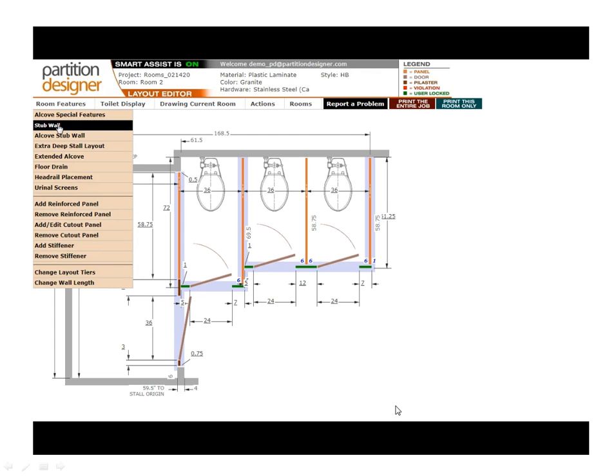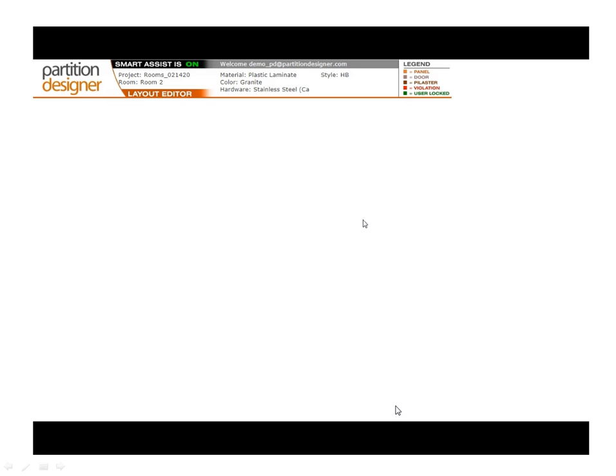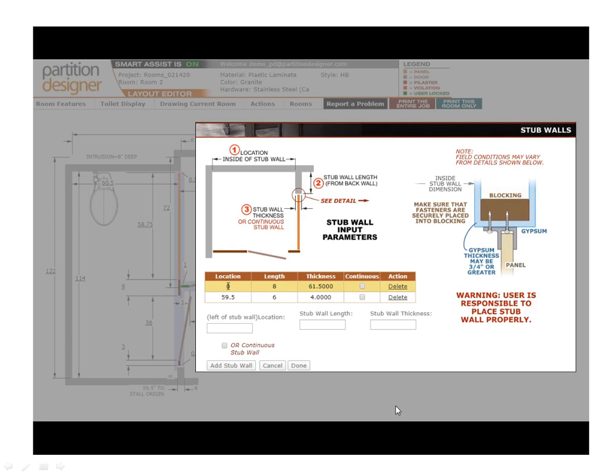Okay, we'll go with the stub wall now for the intrusion on the right side. And you'll notice there's already two stub walls. They're listed as stub walls. So we'll add another one. And this one we'll put at